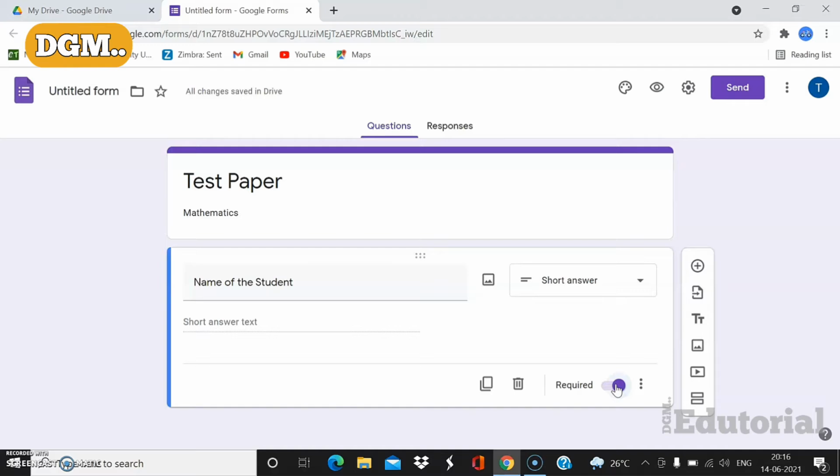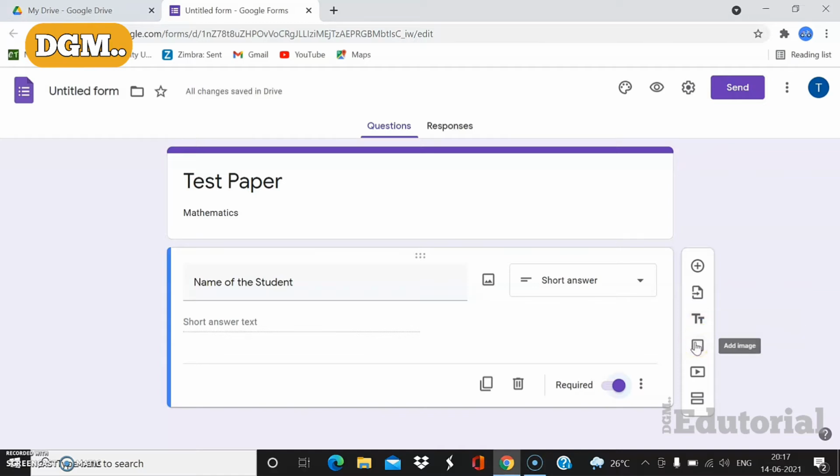Now in order to add another question, we have the plus sign here. So we click on this plus sign and the next question will be added. Similarly, there are more options here. If you wish to import a question, maybe you have already prepared a few questions and have them in your system, you could import those questions. We have add title and description, maybe another section that you want to create, you could add a different title and you could add a description as well. Maybe in the same question paper, if you wish to add more subjects, you could do that.